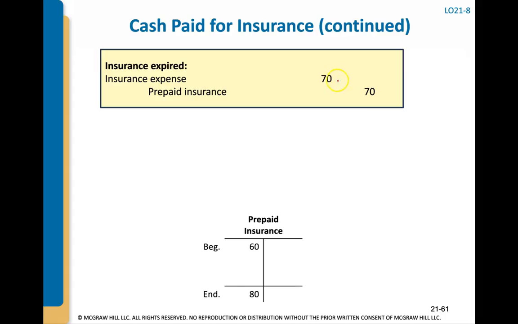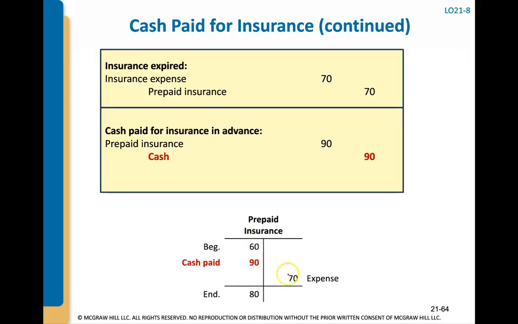First, our insurance expense is $70, which means we recorded debit insurance expense 70, and then we just assume the full amount went to prepaid. So we're going to credit our prepaid account for that expense by $70. And now we can't make it work, right? 60 minus 70 does not equal 80,